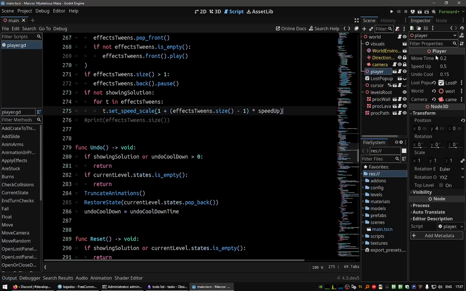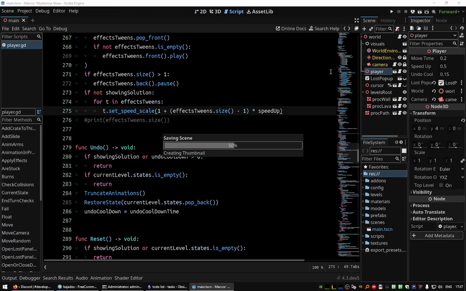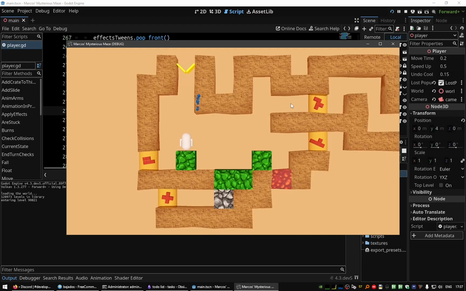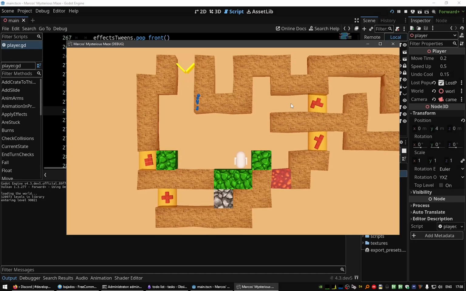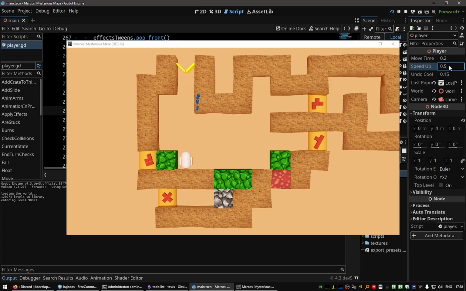Okay, perhaps it's too much. We can adjust on the fly with a half. If we reduce it a bit, let's see,